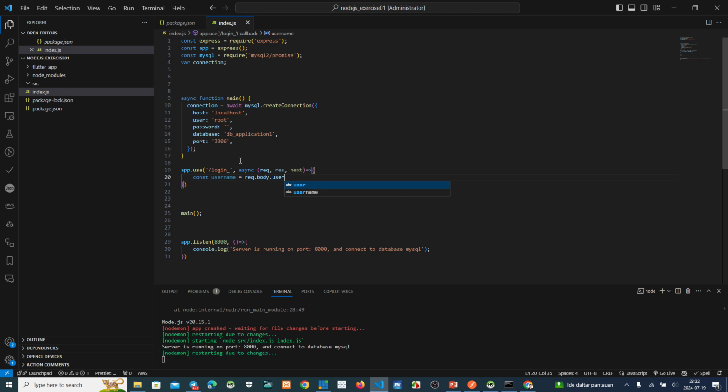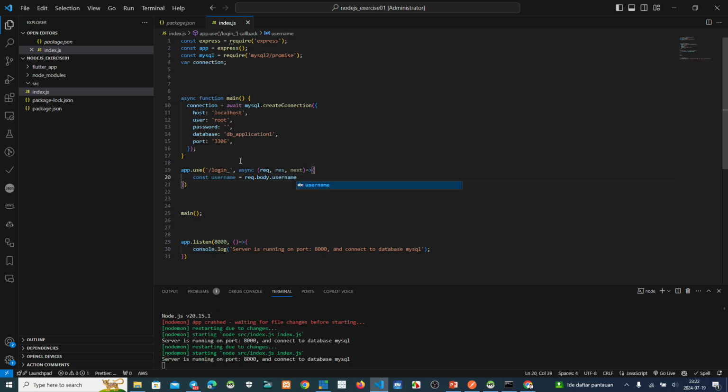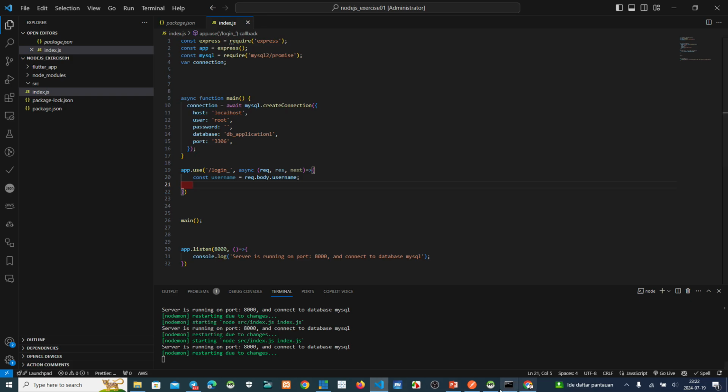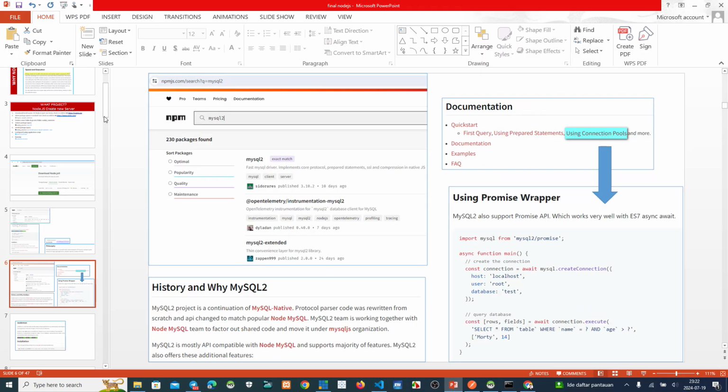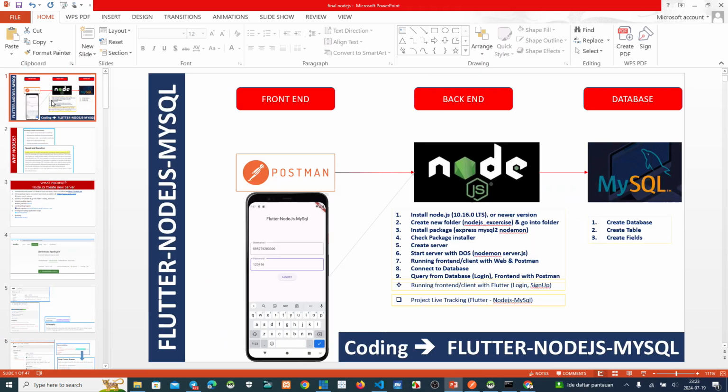We send the username and also the password from the front end. Before, when we used Flutter, we sent it from Postman.